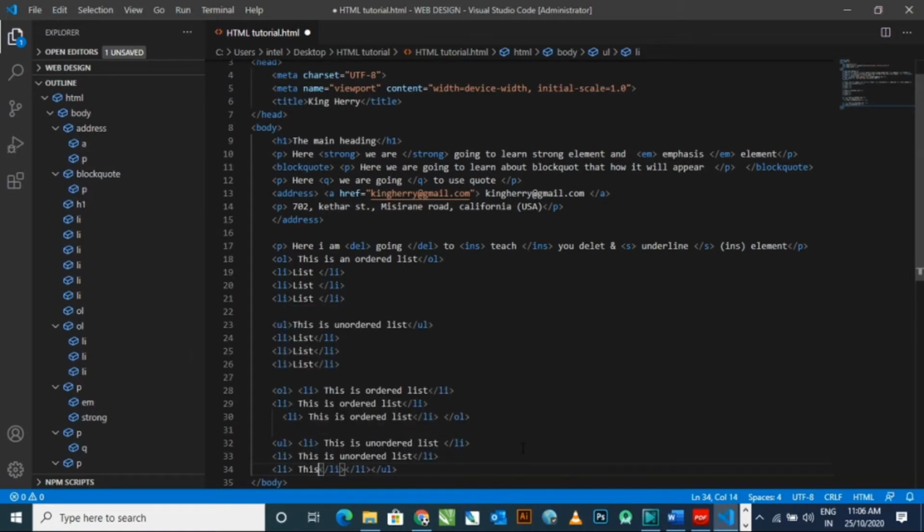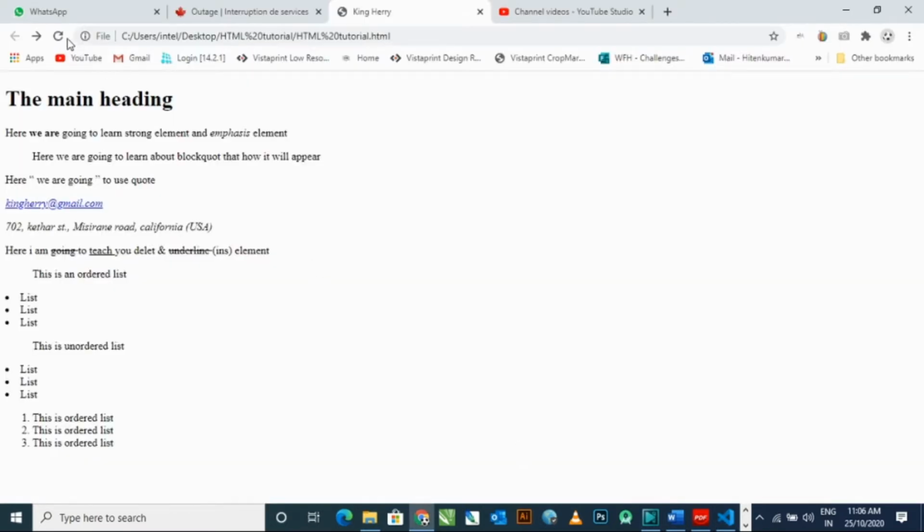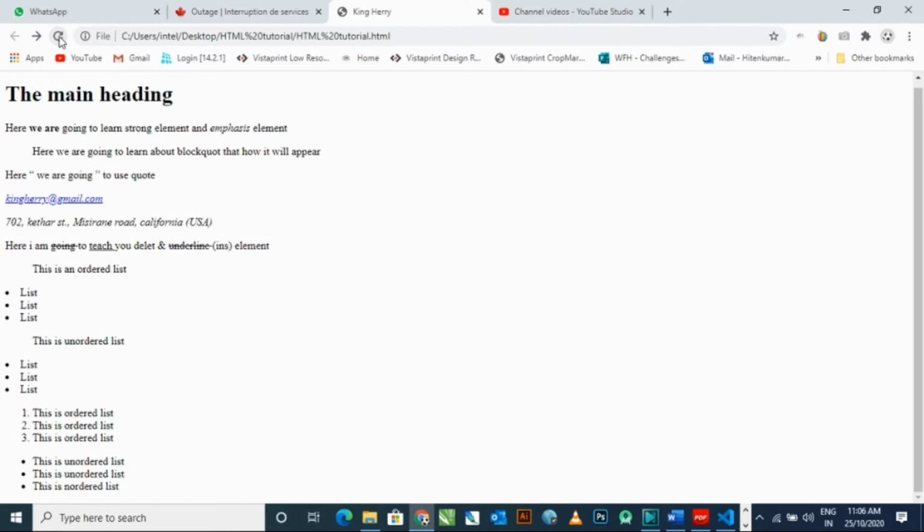Control S. Okay, I need to close the list tab, and Control S. You will see it in dot format. Refreshing, you can see the unordered list in dot format, and the ordered list in 1 2 3 4 5 numerical format.